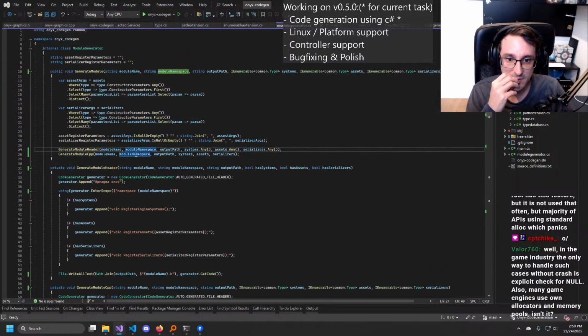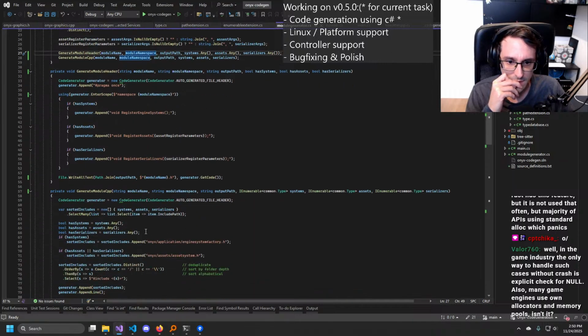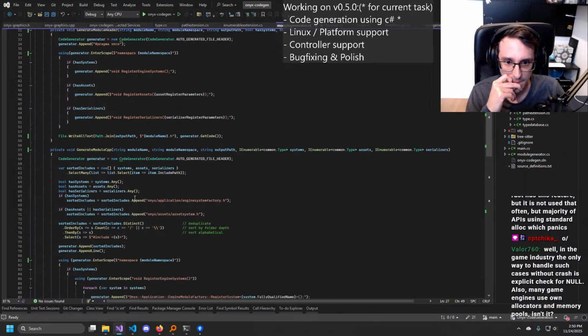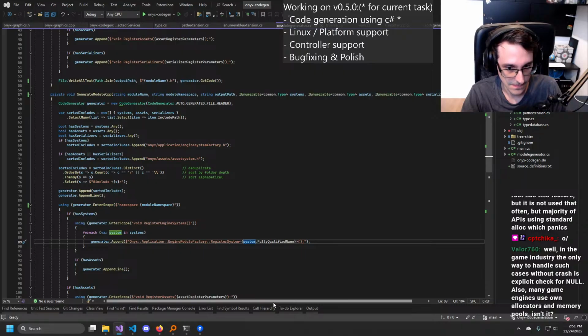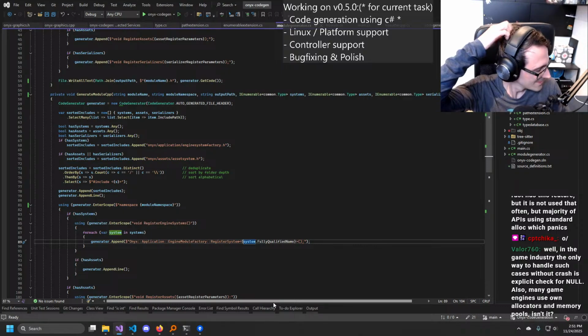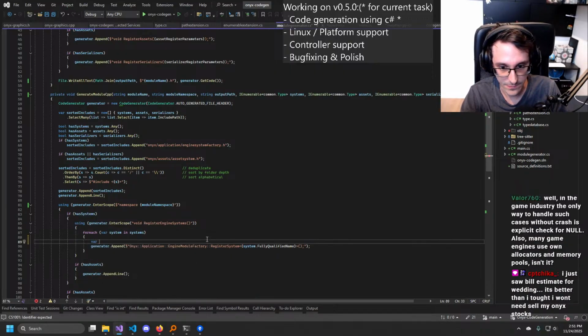Just this is the namespace. And we have the namespace here. Now we do basically var qualified name is